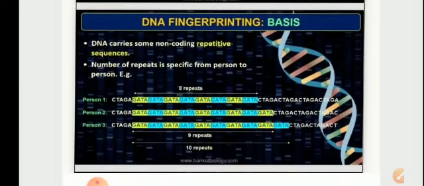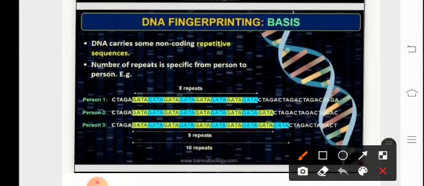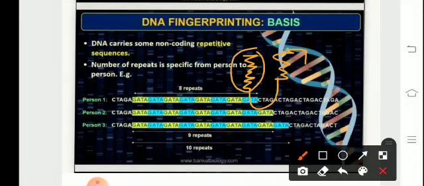Now the DNA carries non-coding repetitive sequences. These repetitive sequences are present in the heterochromatin region, which is basically a condensed part. If we talk about the chromatin, it comprises a highly condensed heterochromatin, a euchromatin region, again a heterochromatin region, which is tightly coiled, and it is an inactive region. It does not participate in the process of transcription, and that's the non-coding part.